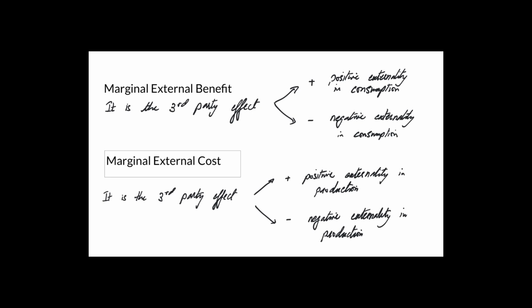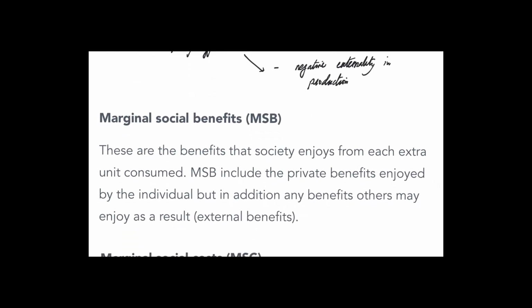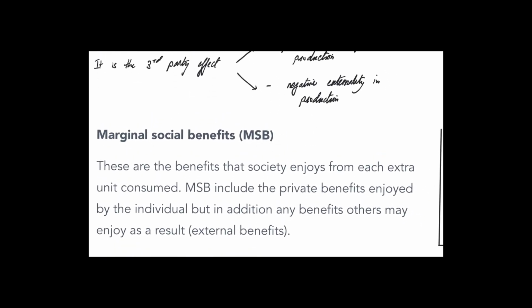Okay, so once we have the externalities, let's talk about the social. Now, the social benefit in the society, you have people who pay and consume, and you have the external benefits that you need to take into account. So, social benefit is actually equal to the marginal private benefit plus the marginal external benefit. Depending on whether it's plus or minus, you will deal with it separately. But the main idea is social benefit includes both private and external, because in society you have both first party, second party, and the third party.